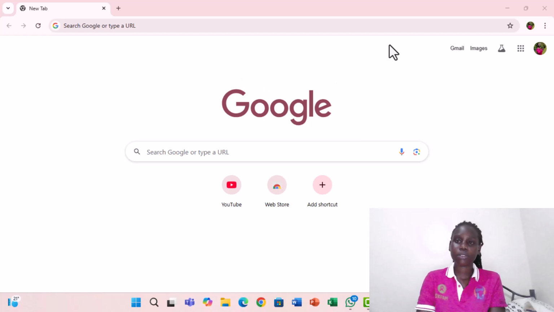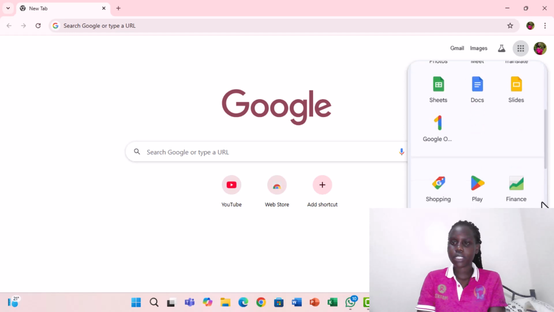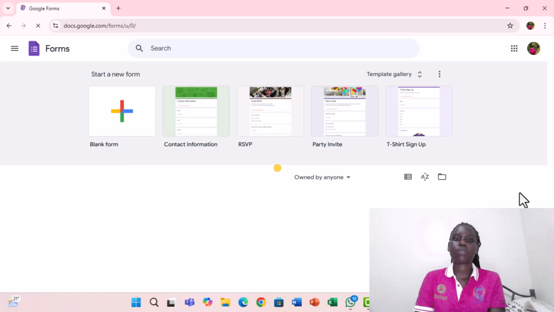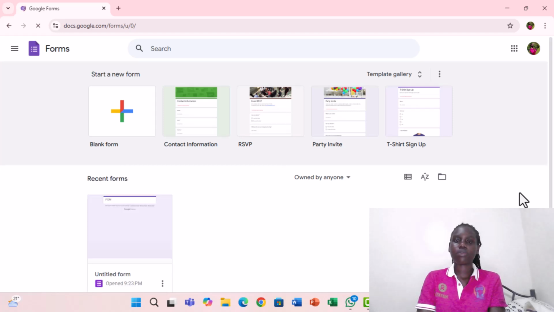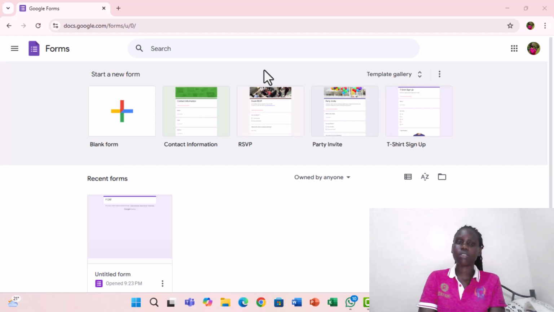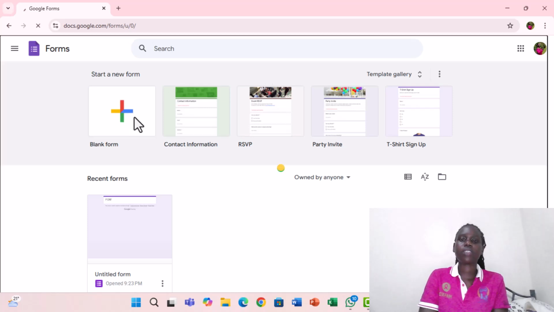So what we'll do, we'll still go and look for the Google apps we have. We shall look for forms down here. Forms are right over here. So when you click on the forms, wait for it. Now it brings for us an option of selecting a template, which is already a system inbuilt, like a model already there. You can just pick it and use it to design. But if you want your standard design, you can choose a blank form. So when you tap on the blank form,